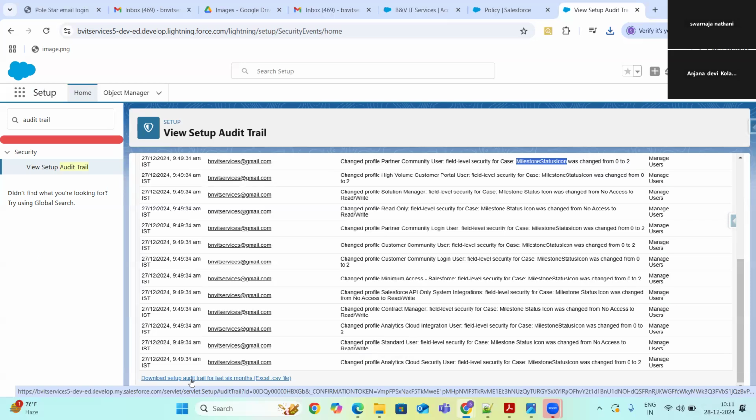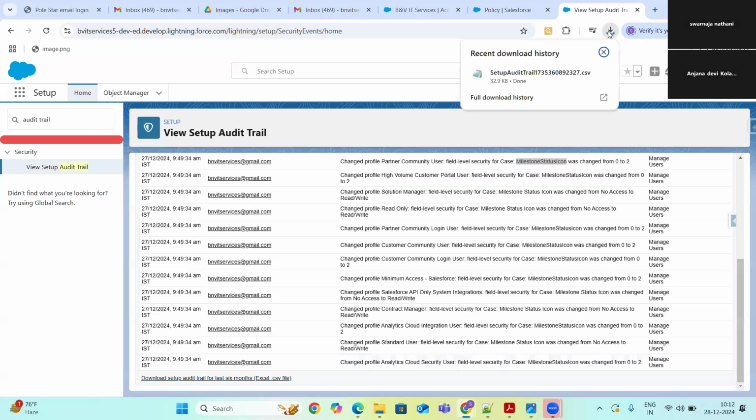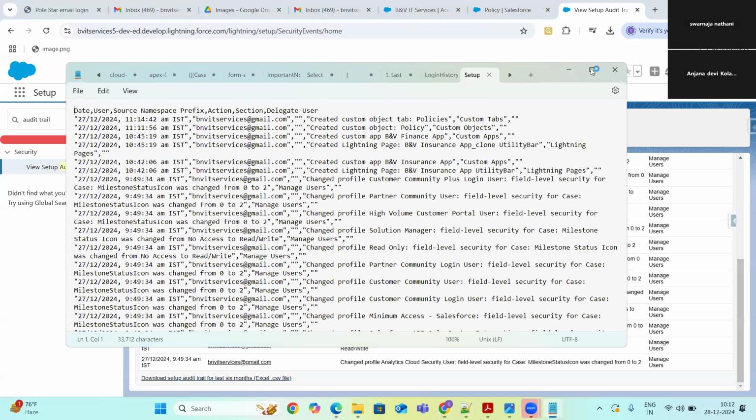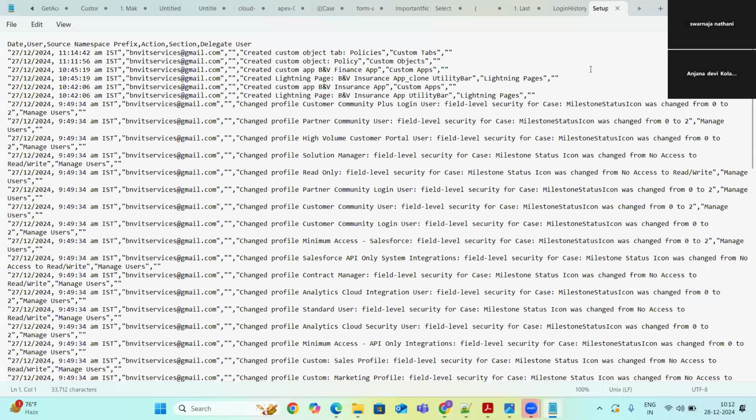When you log in and when you do something, we have to accept it honestly. There is no way that you can escape. You can't throw the blame on others. Even login as also gets tracked. So and so person logged in as so and so and did this change. That will also always get tracked. That I can also show you. It's downloading, right? So if I open it up, Control F.